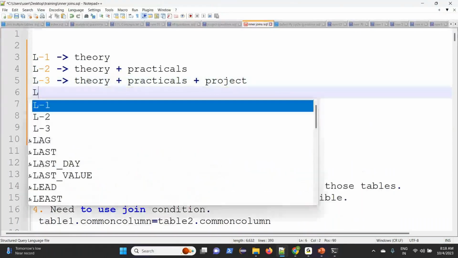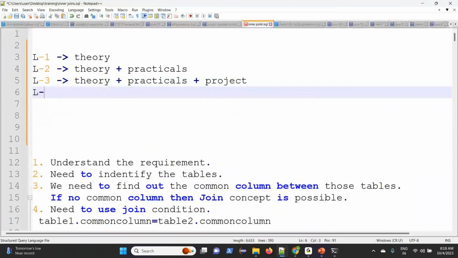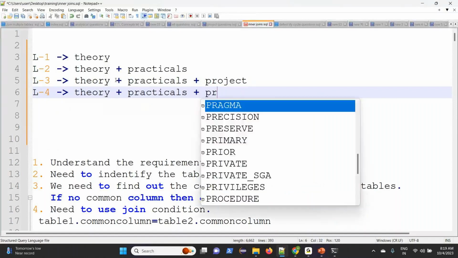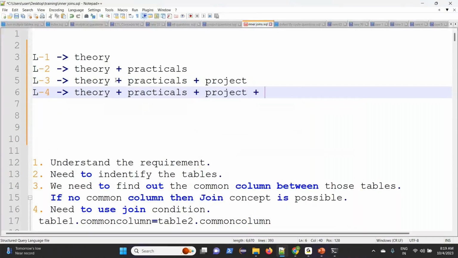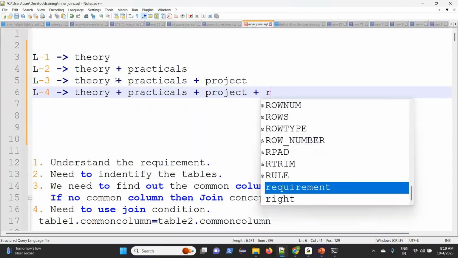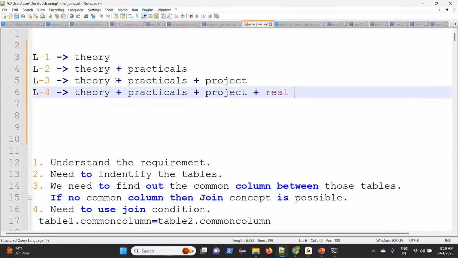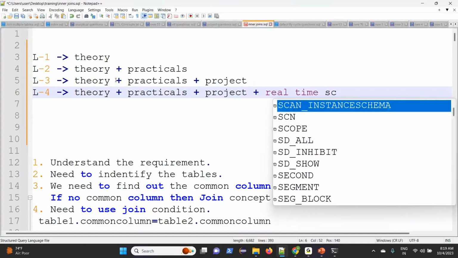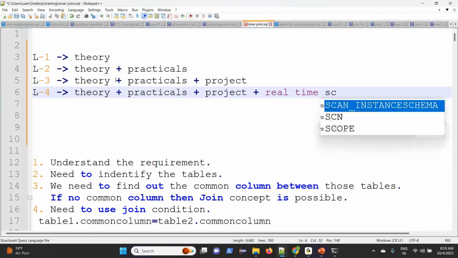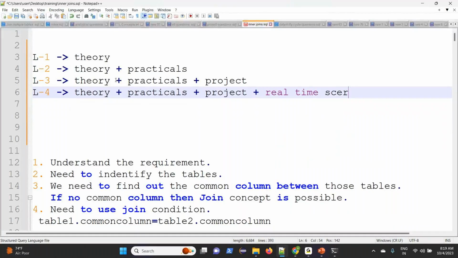And L4 category people focus on theory plus practicals plus project, and the project is in real time, with real time scenarios.